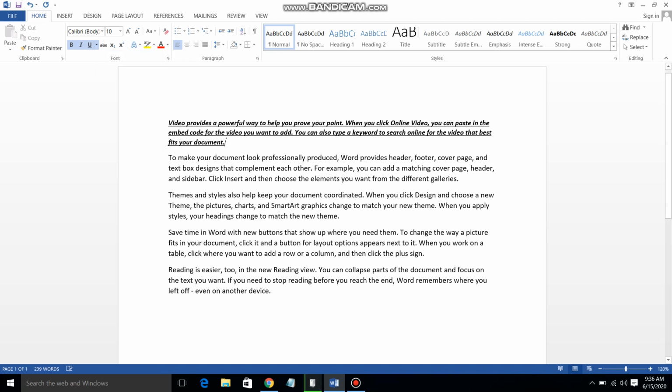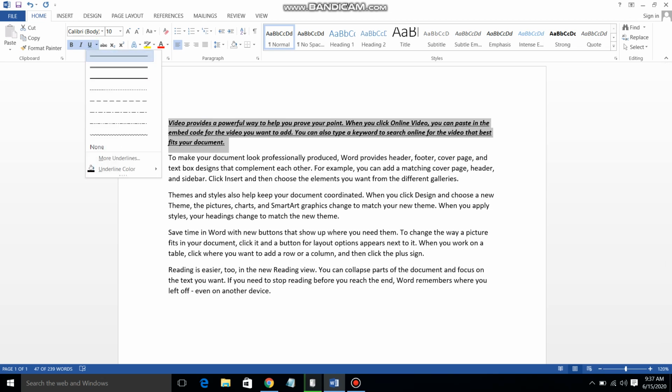Okay, suppose, see, first select the text. Remember one thing, when you apply any format on a text or in a Word document, first select that text. Okay, so without selecting text, you will not get the effect on a text or a document. So be careful, first select the text and then click on the particular option. So first select the text and again we will see the effect.